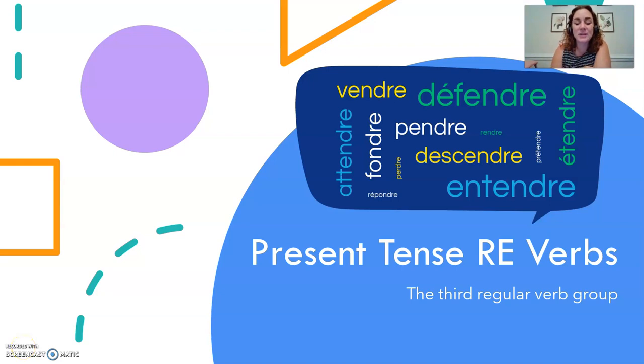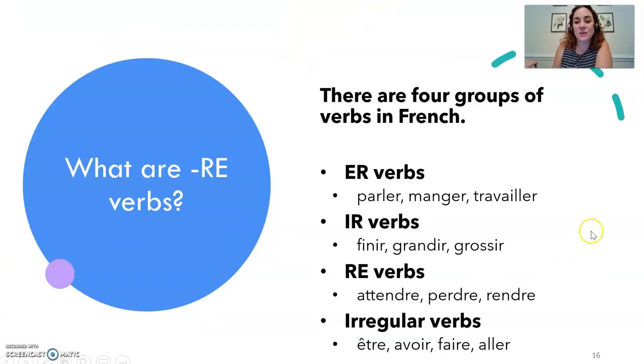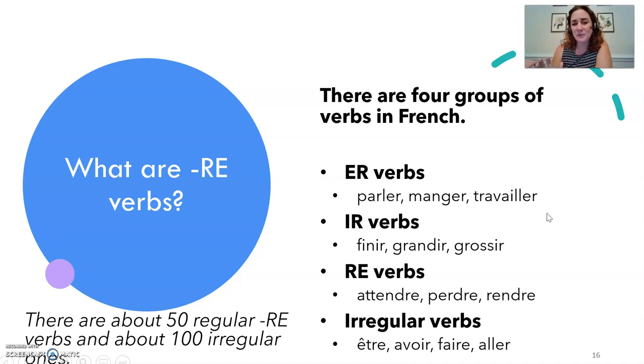Bonjour. Let's look at present tense regular RE verbs. When I say RE verbs, what I mean is that there are four groups of verbs in French: ER verbs, IR verbs, and the smallest group of regular verbs, RE verbs. The rest of them are irregular. There are about 50 regular RE verbs in French and around 100 irregular ones. So it's not the biggest group versus ER and IR verbs, but it is important to learn how these are